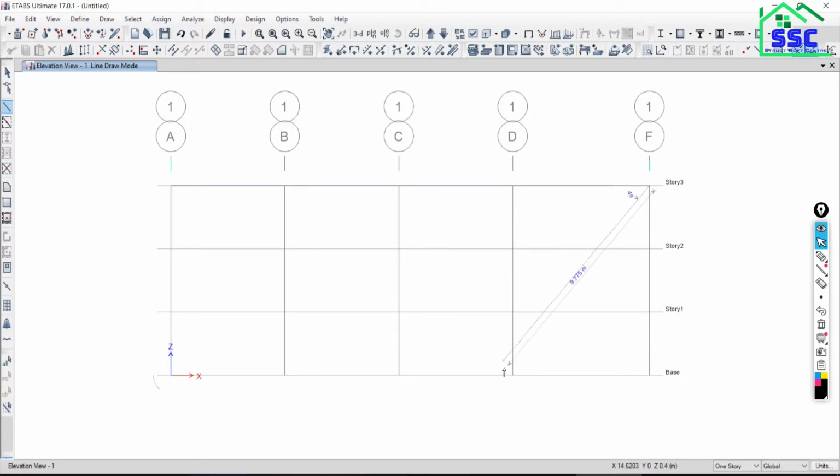Now from this point to this point, this is the first. See, whenever you click on the base, it will by default give you the support condition. Okay, then come back to this point. Just click here. So this is done. So this geometry we have completed now. Now here there should be a vertical member at this joint, a vertical member at this joint, and one vertical member from this point to this point. So this is also done.